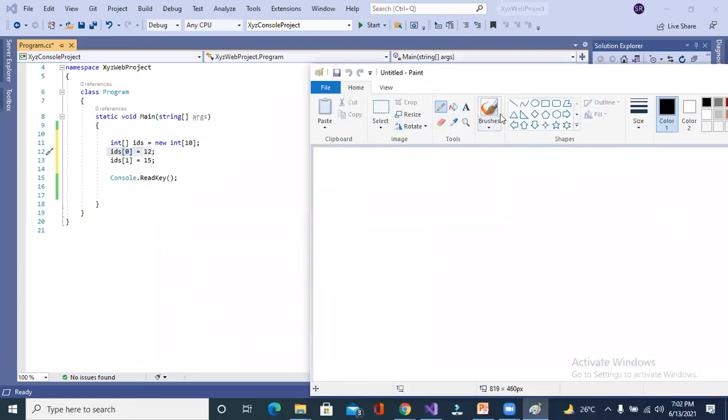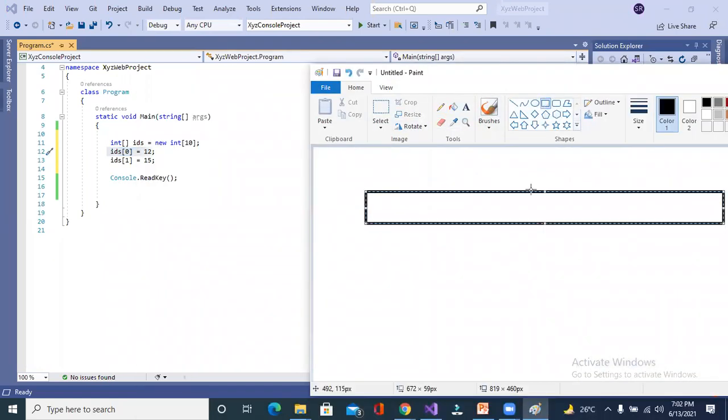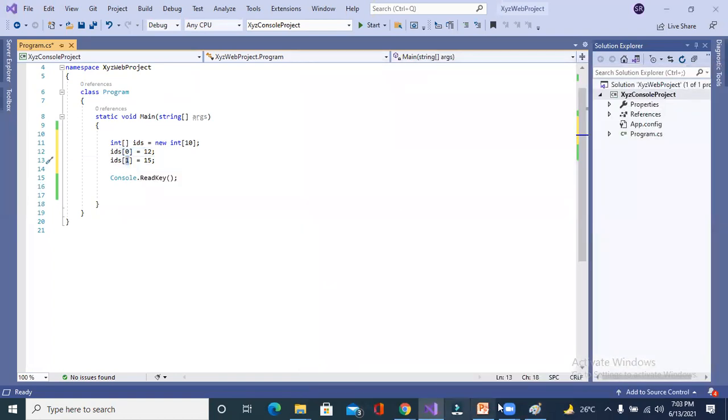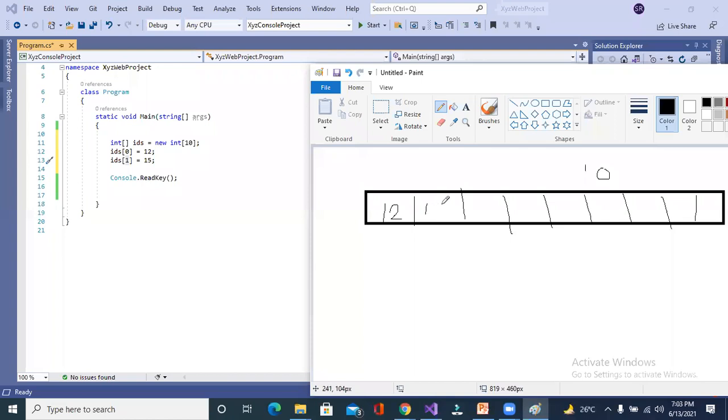I created an array of size 10, right? I initialized 12 at the position of 0, and I initialized 15 at the position of index 1. Getting my point? And I skipped initializing the remaining values.